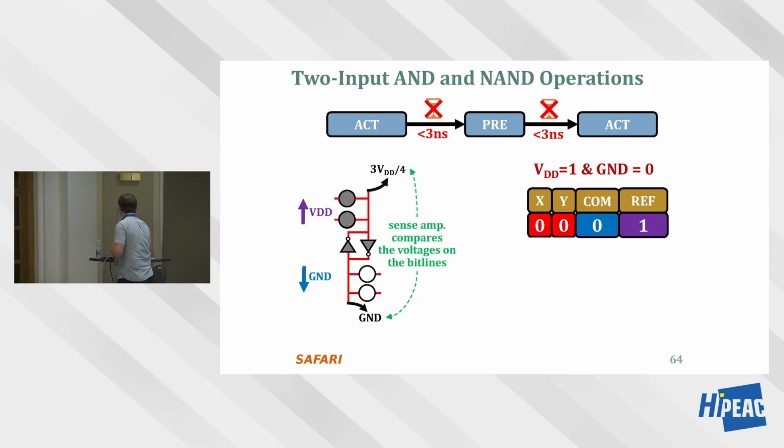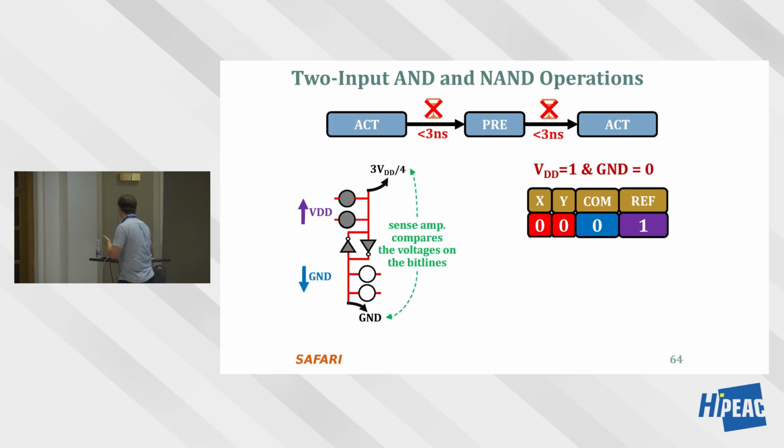So assuming VDD is 1 and ground is 0, if the inputs are 0, 0, at the bottom you will get 0, which is ground, and at the top you'll get 3 VDD over 4, and the sense amplifier will compare them and amplify the result. Amplification means that this goes up to VDD and this goes up to ground. So at the compute subarray you'll get 0, and at the reference subarray you'll get